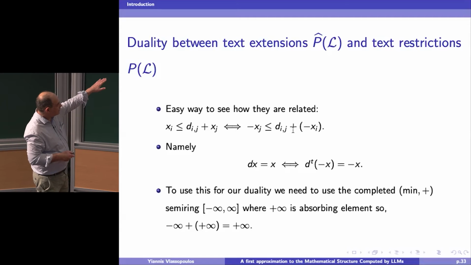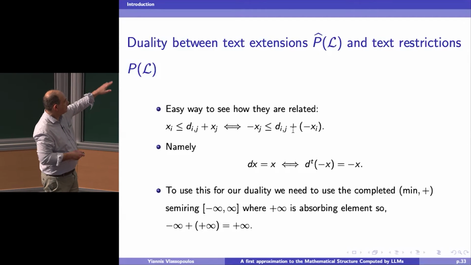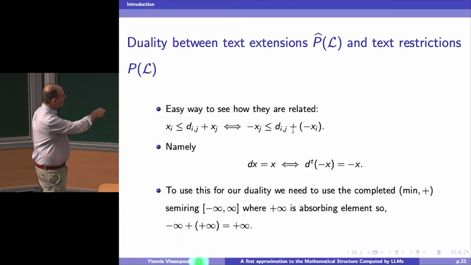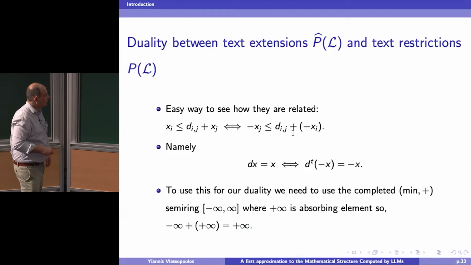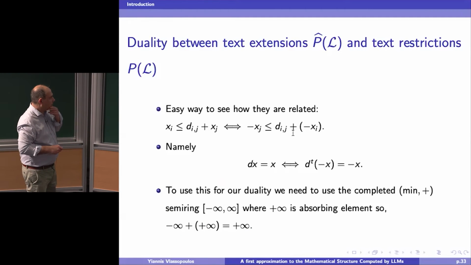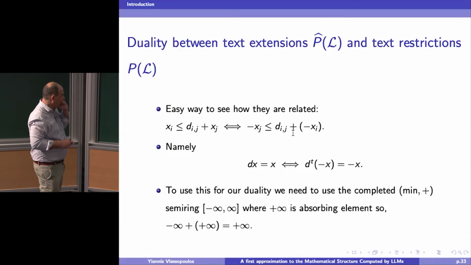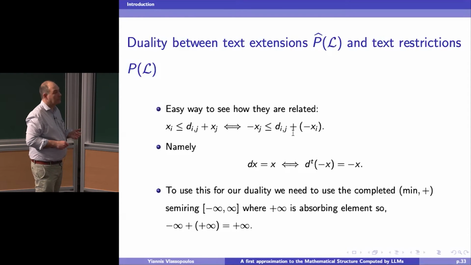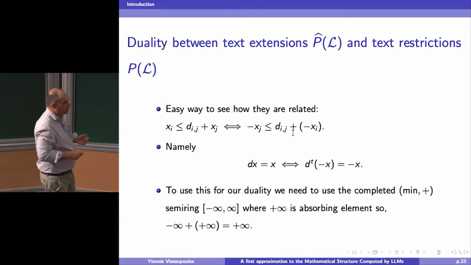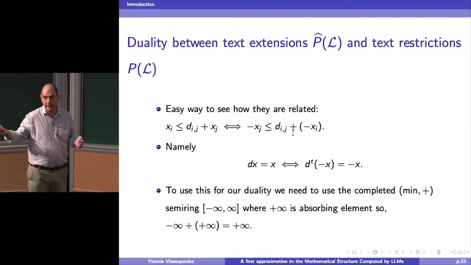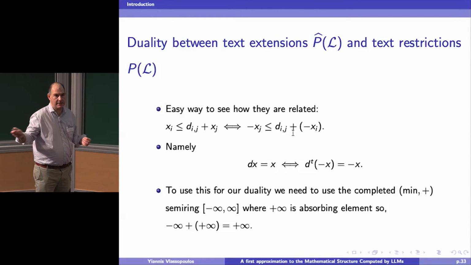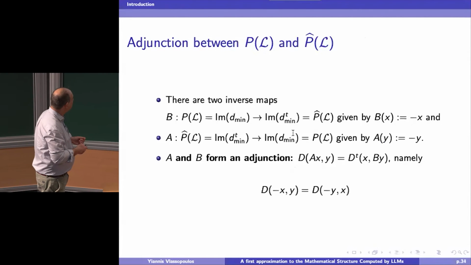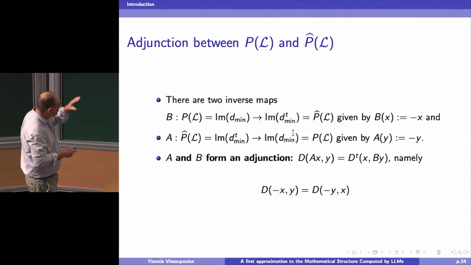But that's why we complete the min plus semi-ring and consider minus infinity, infinity, and you can complete it in a completely consistent way. Basically, it means that plus infinity remains an absorbing element. Like 5 plus infinity is infinity, but now we also have to say that minus infinity plus infinity is infinity. All right. So if we do that, then we have these two inverse maps